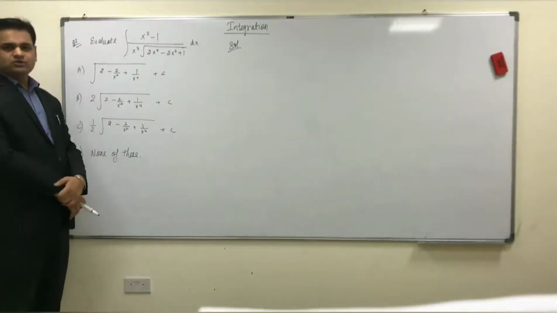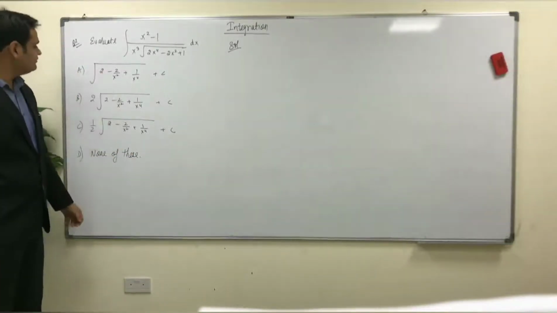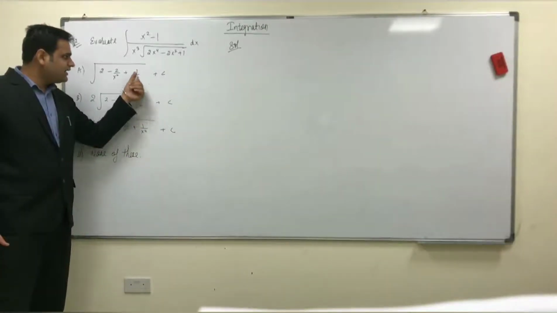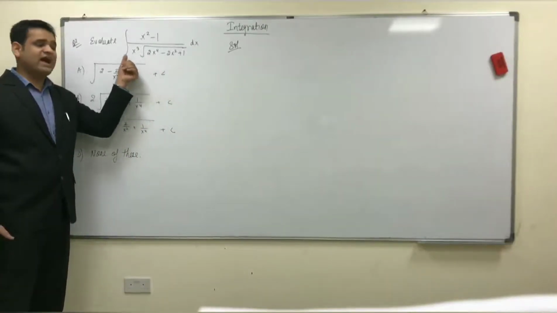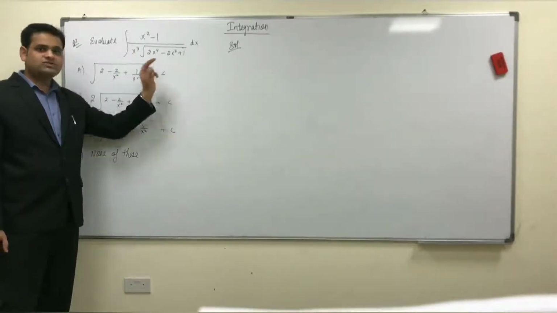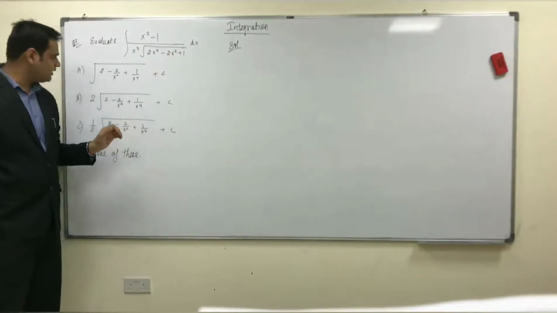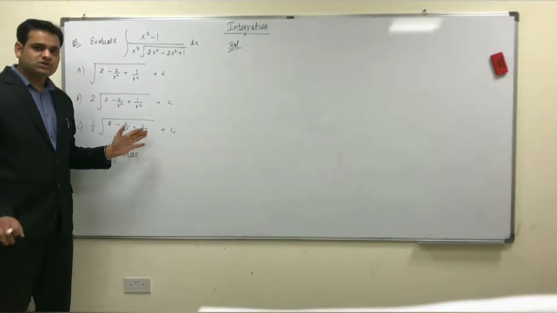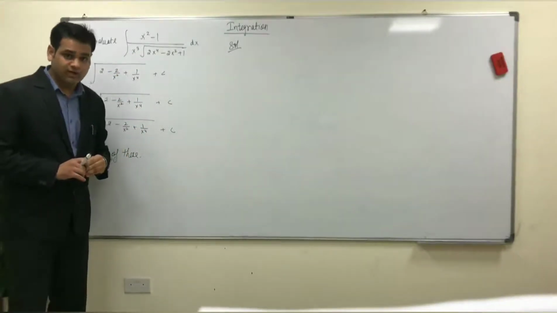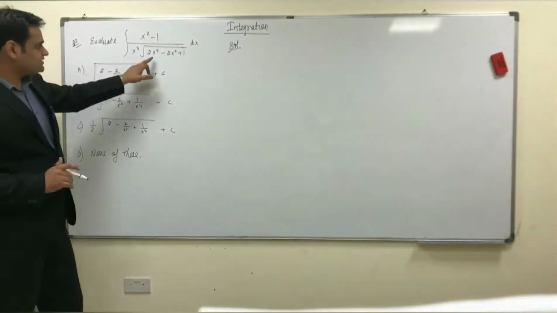Now, before starting with the question, I'm looking into the options very carefully. If you see, at least I can get some idea that in these questions, x to the power 4 would have been taken out. Because if x to the power 4 would have been taken out, we would get 1 by x to the power 4, and here I will get divided by x to the power 4, so it means 2 by x square, and this is what they are having in the options. So I get some idea from the options itself, and then I can start my working. In these kinds of questions, you can get the idea from the options itself. So that's what I am going to do.